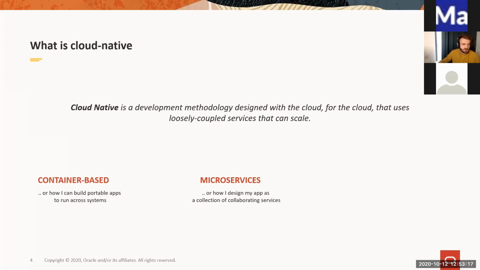Of course, you need to communicate. So you have loosely coupled services, but the services need to talk to each other. So you are basically using protocols like HTTP, via REST services or AMQP. There are a lot of services which handle that communication between different microservices. So the second characteristic of cloud native is the usage of microservices.